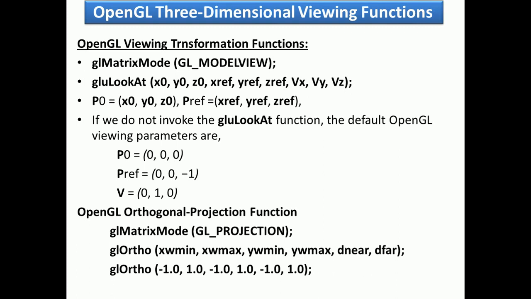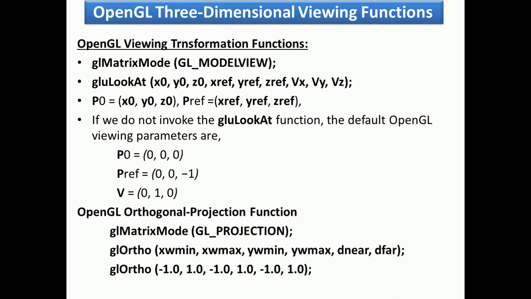Because the viewing direction is along the minus z view axis, the reference position P_ref is also referred to as the lookat point. This is important. It is usually taken to be some position at the center of the scene that we can use as a reference for specifying the projection parameters.